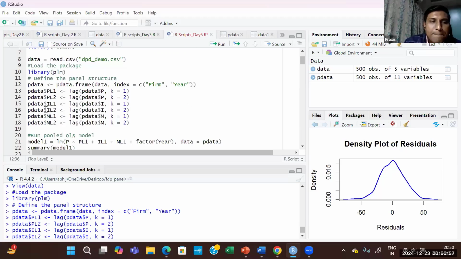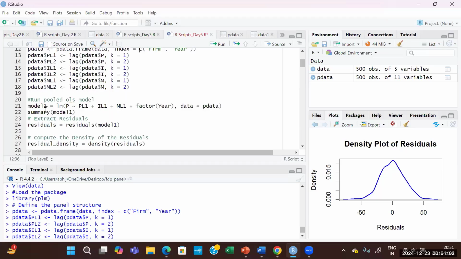Okay. Done? Yes, sir. Copy and paste this part. Now we will run the pooled OLS model. But when you run the pooled OLS model, always add, this is by default, always do when you work on system GMM. It is kind of an unwritten rule that you have to have the time dummy, the AR dummy, because that will help you qualify the AR1 and AR2